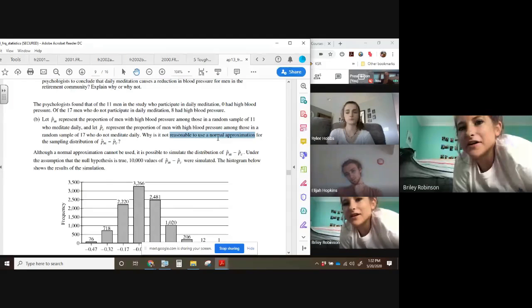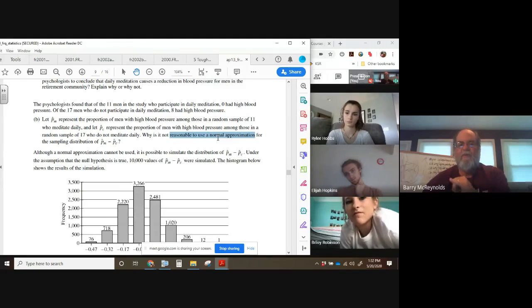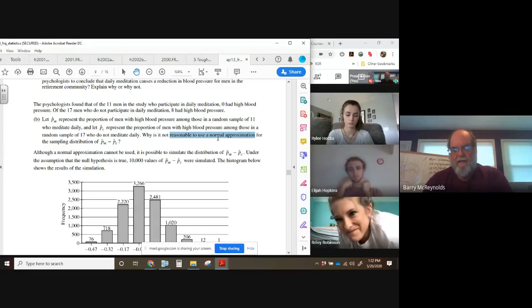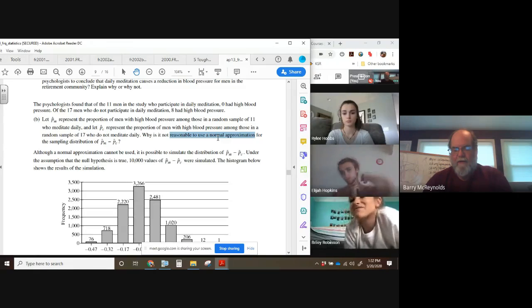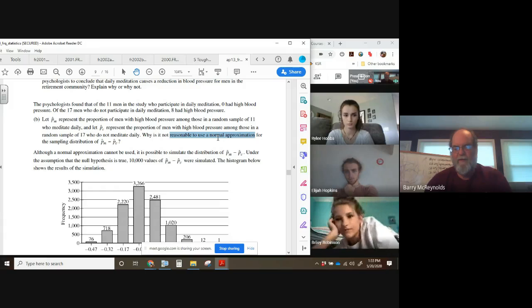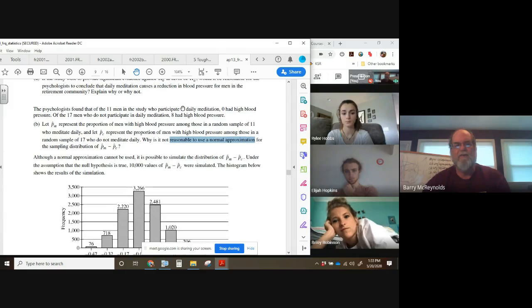Is it the 10% rule thing? The 10% rule only tells us that the data is independent. In other words, there's no dependence from one person to the next. The sample is small compared to the population. And in this case, well, we don't know. We don't know how big the community is. It says it's a large